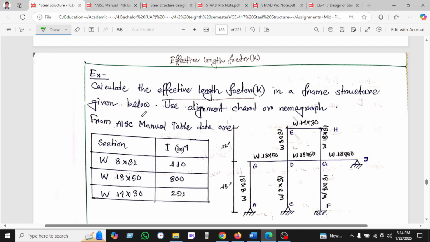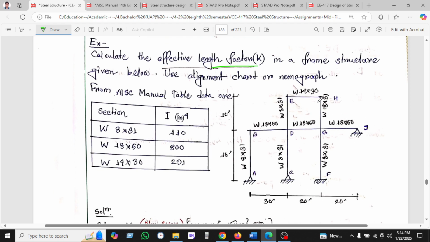So here is another example. You can see, calculate the effective length factor K for the frame section given below. Use the alignment chart or nomograph using the AISC table of data. So you can see here the frame structure, and this is another support. So for this support we can say this